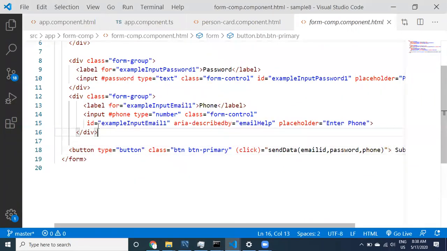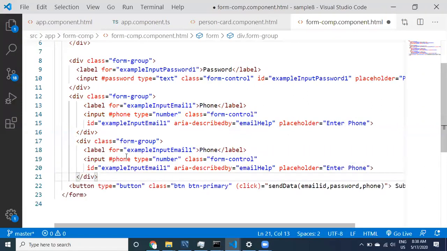Here let us take another form group, and this information is going to be image URL. Even the placeholder is going to be image URL.